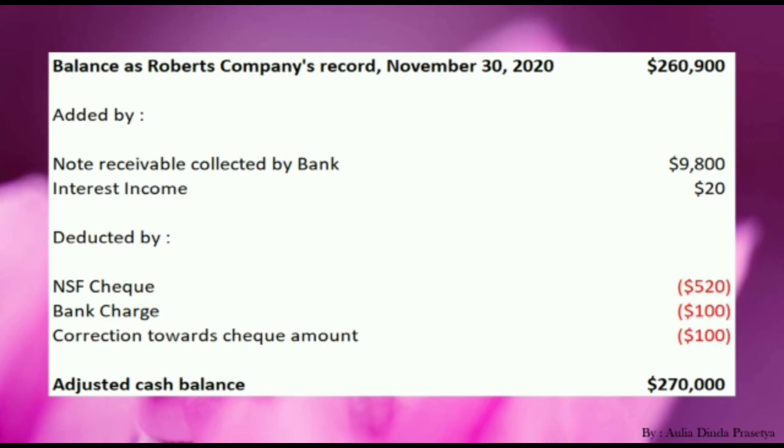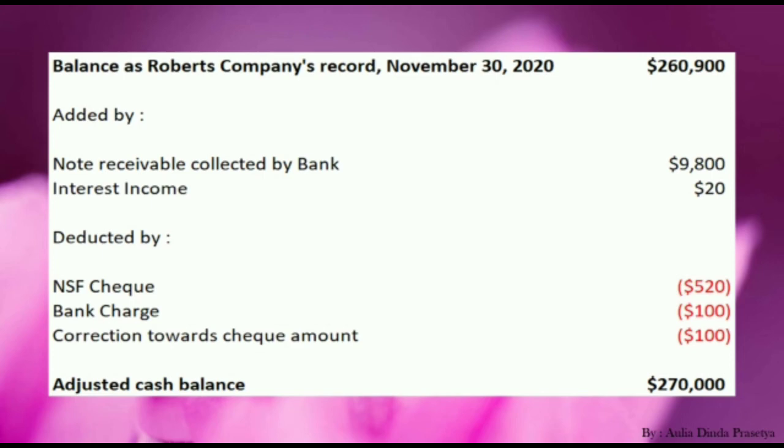At that time, the bank had already collected the note receivable, but Robert's company had not yet recorded it. So Robert's company needs to add it to their account. And the second one is interest income. Robert's company only knows the amount of interest income when they receive a bank statement. So Robert's company needs to adjust their account by adding